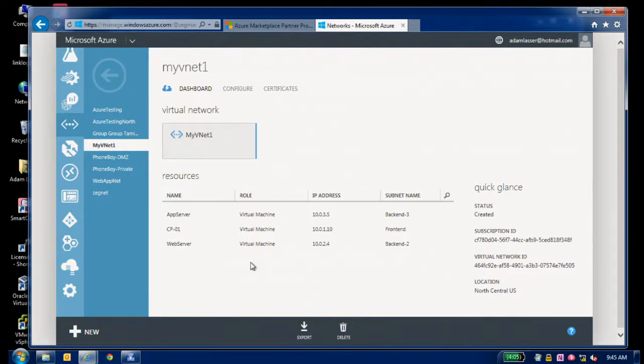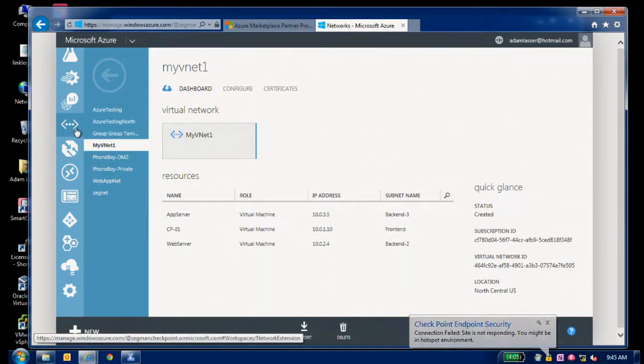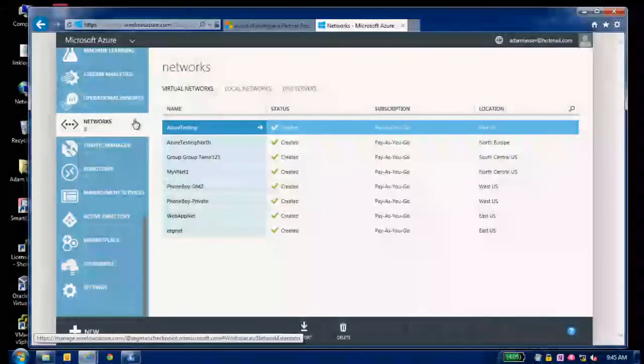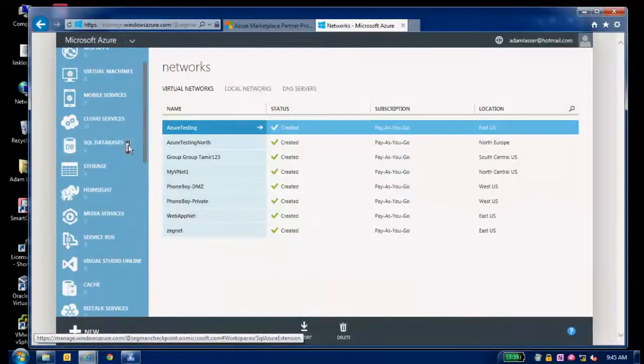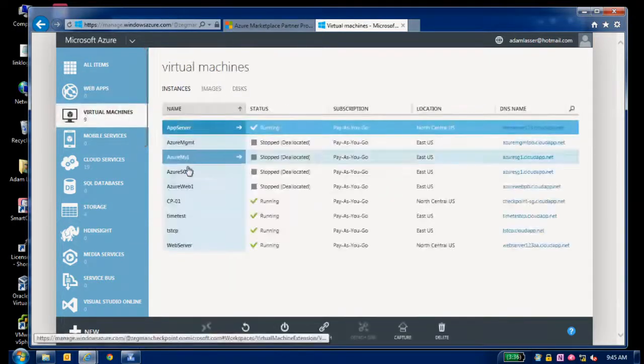And that checkpoint gateway, we've got certain endpoints defined that allow us to translate the public IP that sits on that gateway to private IP addresses and then use address translation within Azure to translate to those backend servers that are sitting on private IP addresses. So if I go here and I take a look at this,